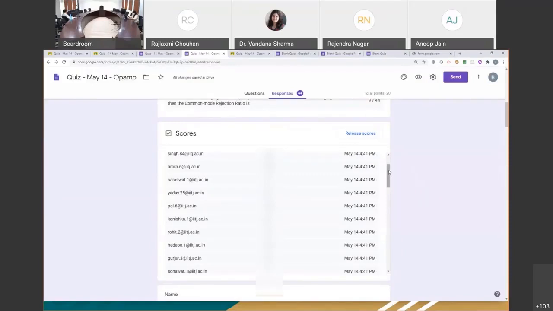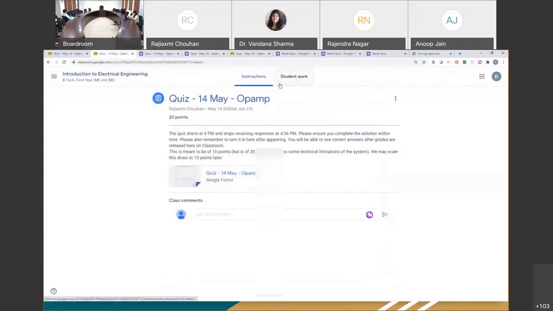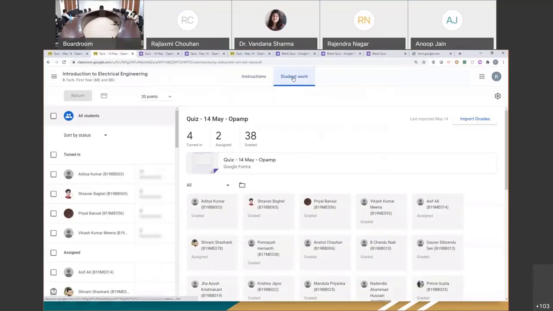When it comes to importing the quiz scores, what you would do is you would go back. This is the particular quiz we are talking about. You go to student work. Now a quiz assignment, like I said, is also an assignment. So because there was a form which was in quiz mode activated, you will go to student work. You click on import grades here on the top right corner.